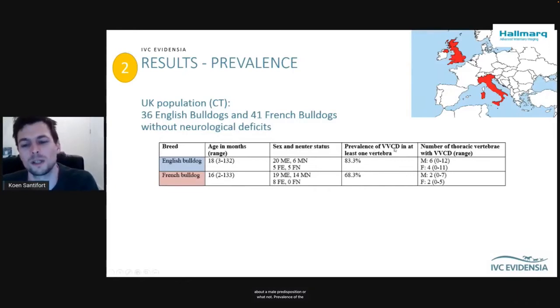Prevalence of the anomaly is the most important thing. We found it in 83% of English Bulldogs and 68% of French Bulldogs. And the number of thoracic vertebrae affected ranged from 0 to 12, with a median of 6 for the male English Bulldogs and 4 for female English Bulldogs, and medians of 2 for the male and female French Bulldogs, which